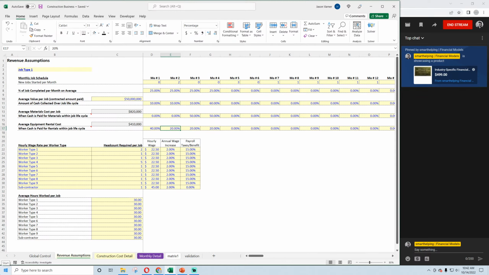There's still labor and subcontractors to do. Now this, I'm trying to think of the best way to do this, and I think we do a couple matrix sections, one that shows the total hours. First of all, we have to weight this. So we can get the weighted average by doing some product. We want the hourly wage against,